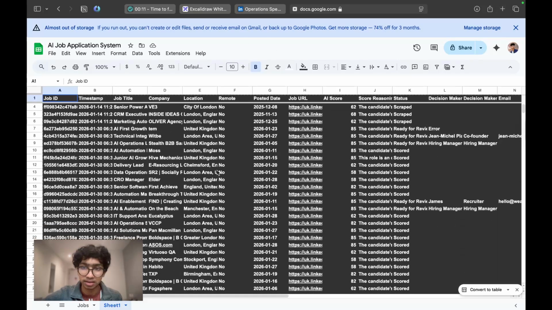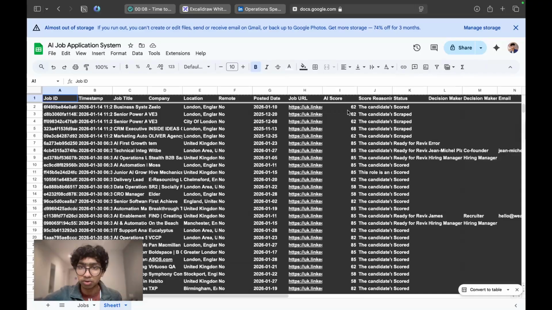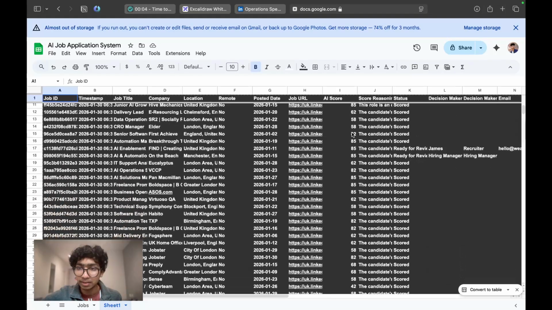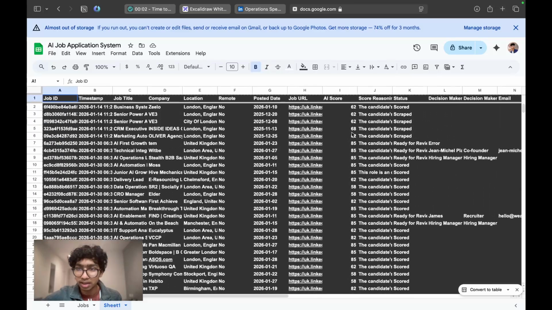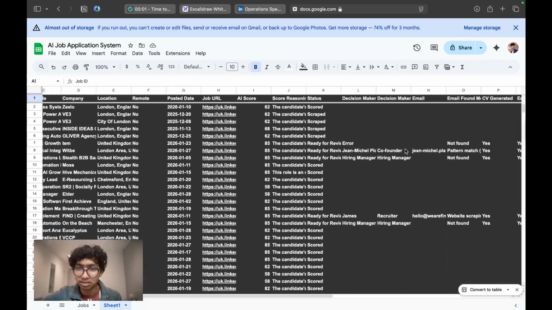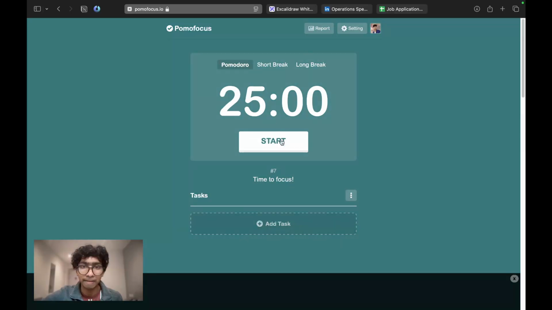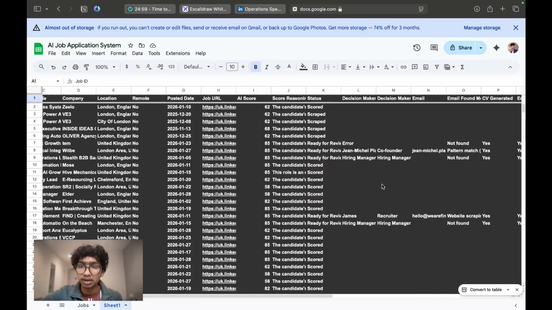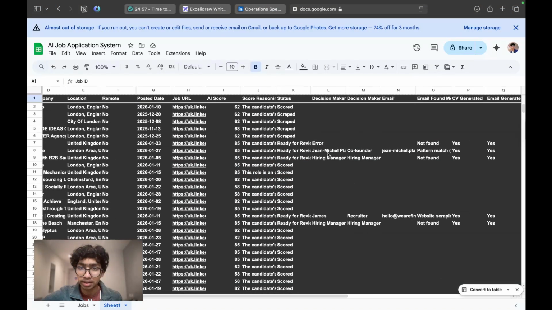This is like a run that I did before, and it also scores things and gives me a score out of 100. Those are all of those, and only for the top 5 that it did, it's going to find the decision maker. And as you can see,